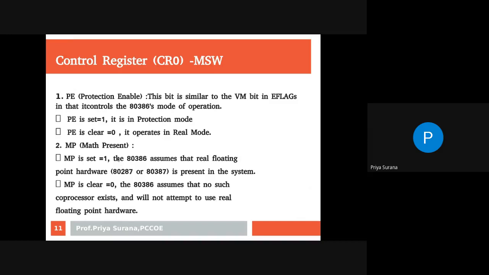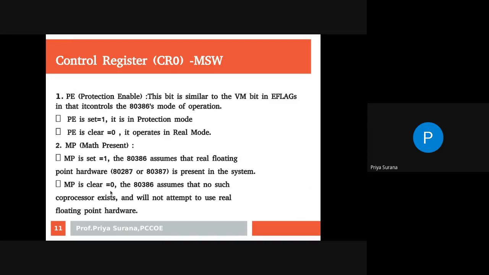So basically the MP bit being set or reset gives information on whether a separate coprocessor is available or not. If a separate coprocessor is available, that may be a 287 or 387.